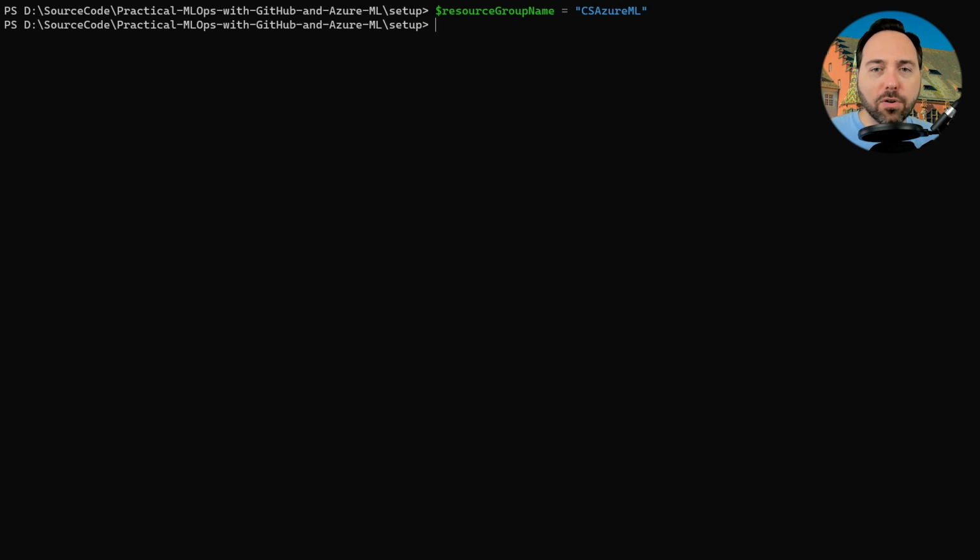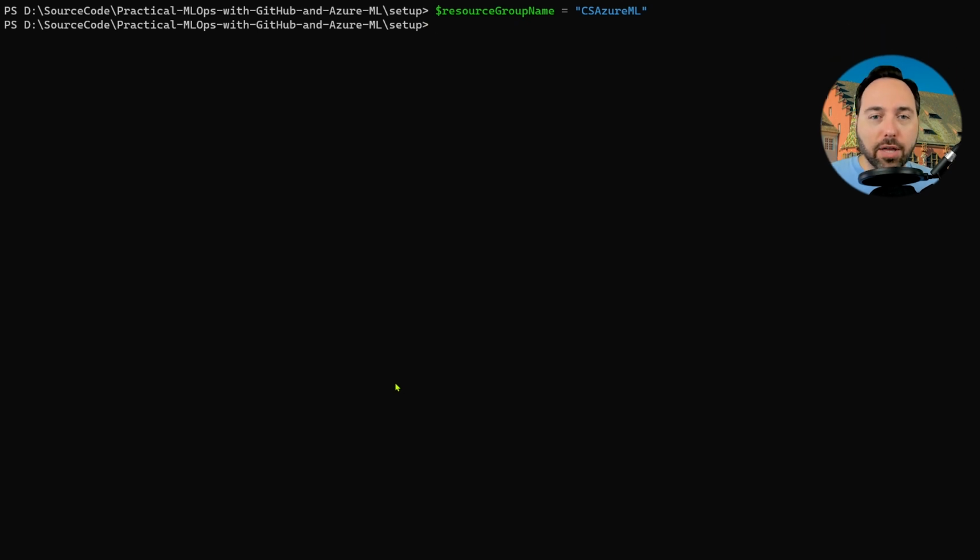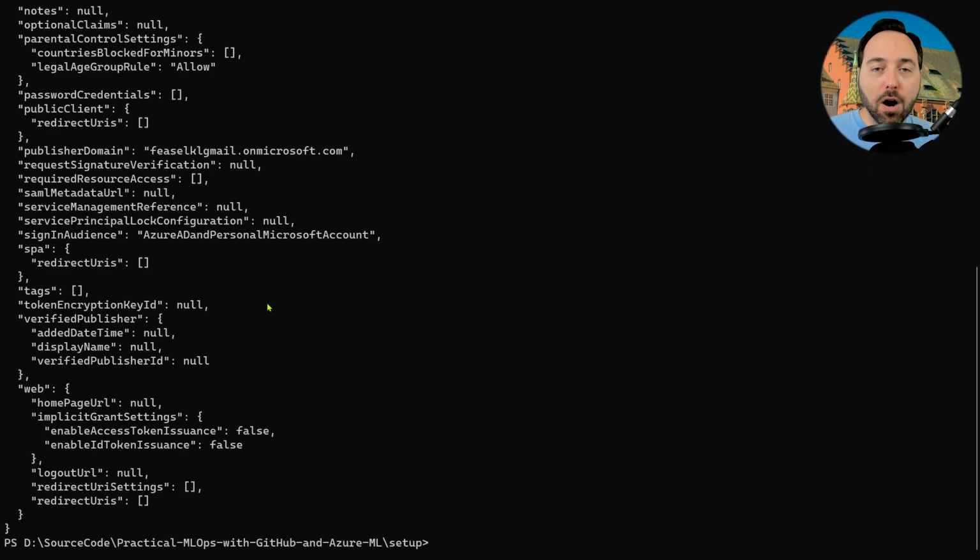The next thing we're going to do is register a new Azure Entra ID application registration. I'll call this Chicago Parking Tickets MLOps GitHub Video Demo. That's a rather verbose name, but at least it gets the point across. As I run this command, I'll get back a block of JSON text. From here, there are 2 things in particular that I need.